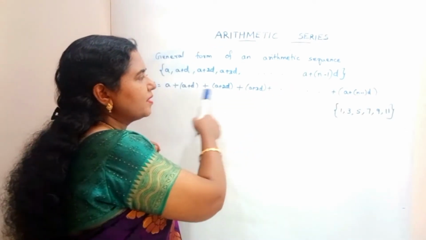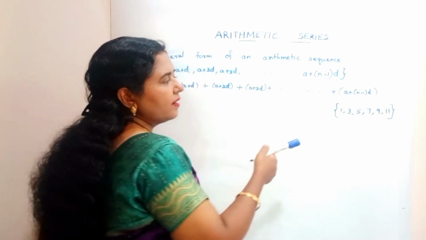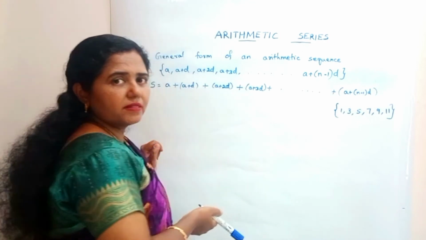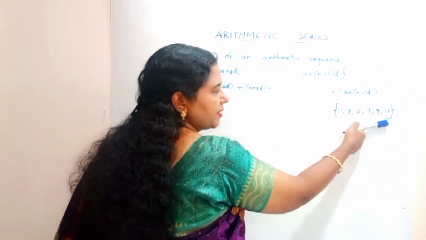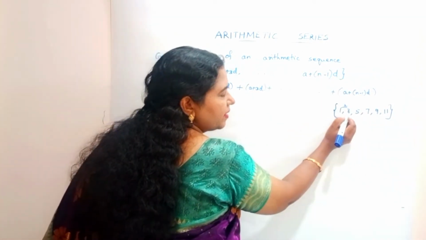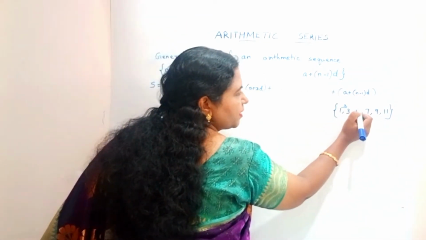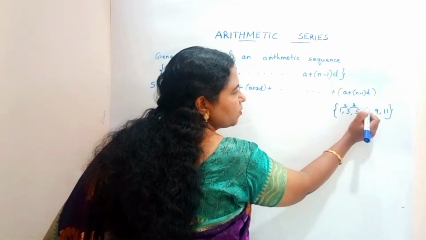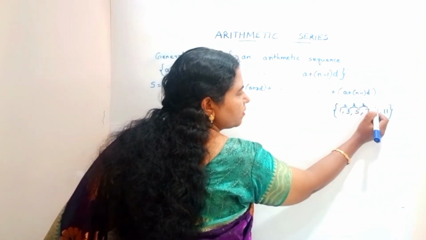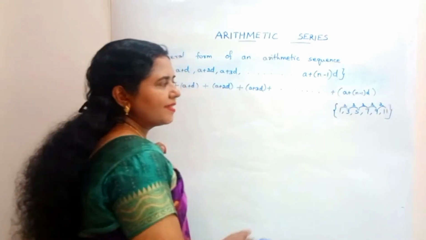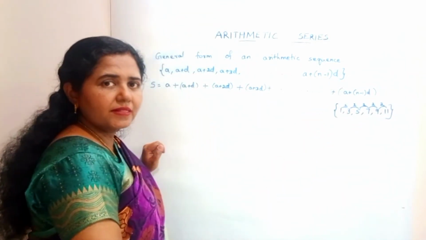Okay, now let this be as such. Now we can do a small analysis. Let us consider this sequence. Here there are 6 terms. The difference between the second and the first term is 2, the difference between the third and the second term is 2, and here also we get 2, here also 2, and here also 2. It means that this is an arithmetic sequence.